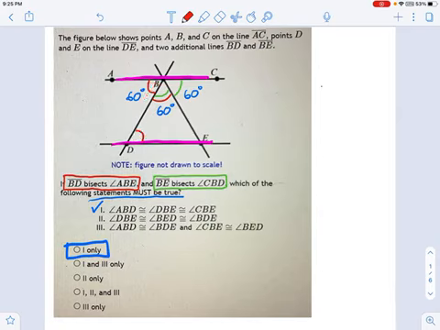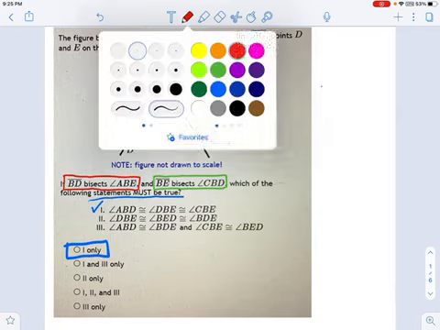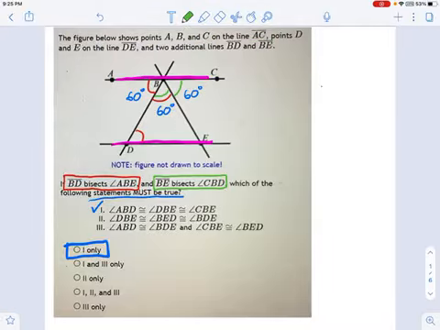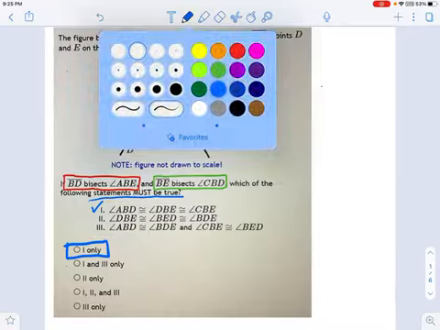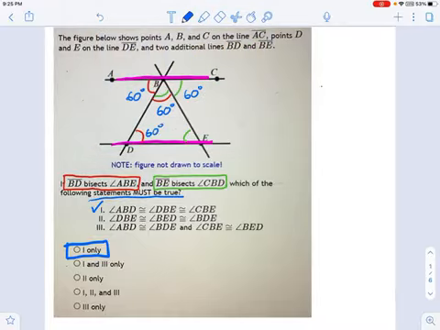So, back it up. What else can I say? Well, I know that this angle right here is equal to this angle right here because, again, transversals in a parallel line. And I know that green angles are equal to red angles. So that tells me, hey, we've got 60-degree angles all over the place here. I'm looking at an isosceles triangle. Those are the sorts of things you can start to say once you know the lines are parallel. But absent information about whether the lines are parallel or not, there's not a whole lot you can say here.